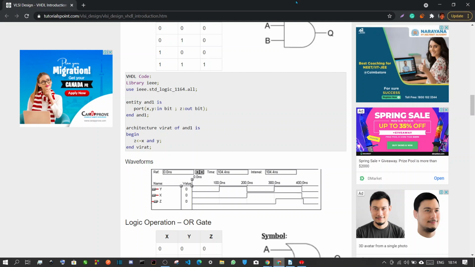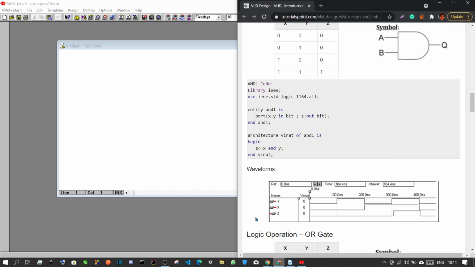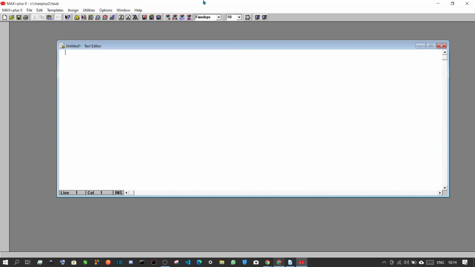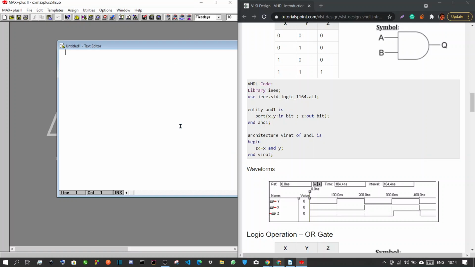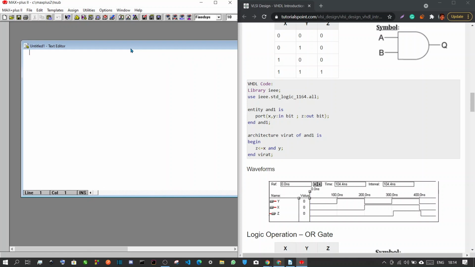Now we'll start writing. We'll shift this rightwards and we'll shift this leftwards. You can do this double window operation by pressing the Windows button and left and right arrow keys, right? So we'll write this code in this file.